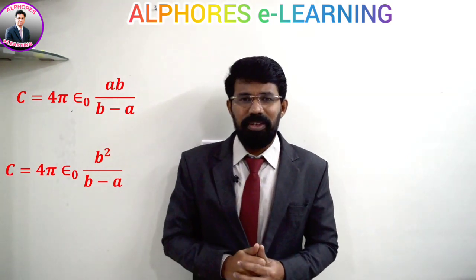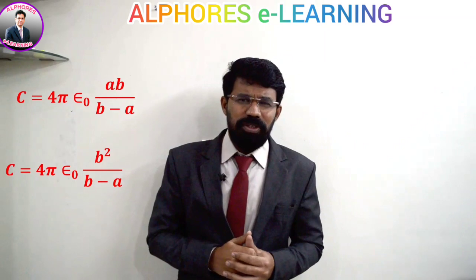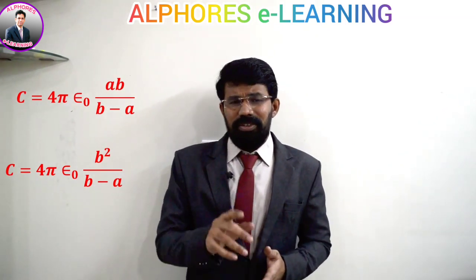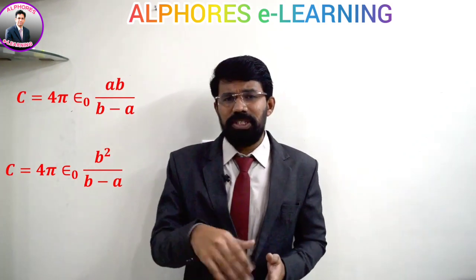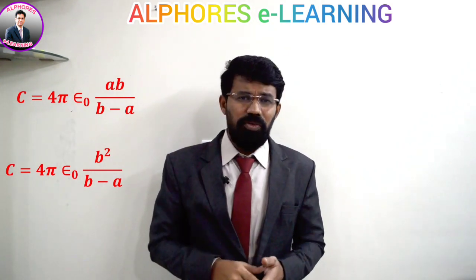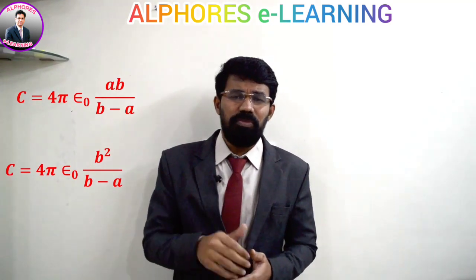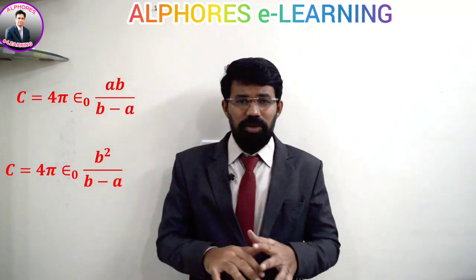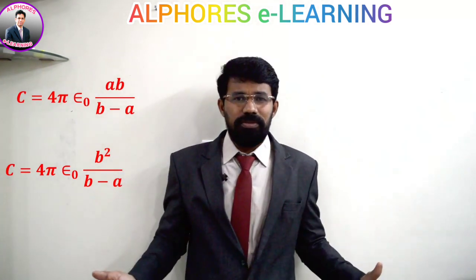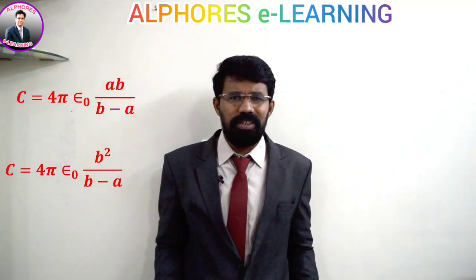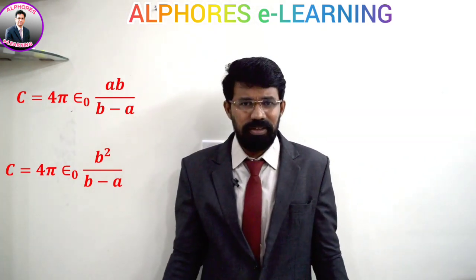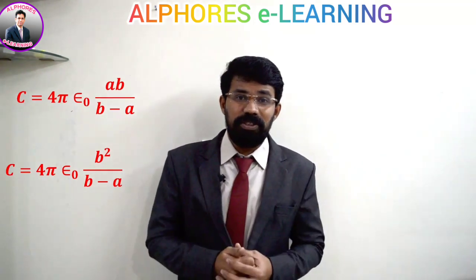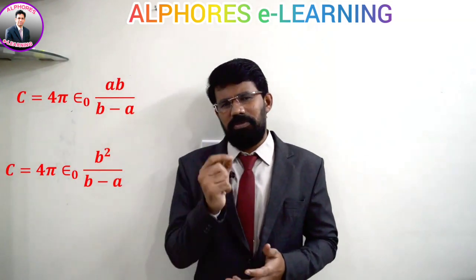Very small value, isn't it? So remember this point, children. Even when you look at numerical questions, for the capacitors used in circuits, 2 microfarad or 3 microfarad, it will always be expressed in microfarads, because that's the order of possible capacitance. What is the largest sphere that is familiar to us? Earth is the largest sphere familiar to us. We are in touch with that. We are growing on that, isn't it? So that is the known largest spherical body, and its capacitance is how much? 711 microfarads. Very small value.